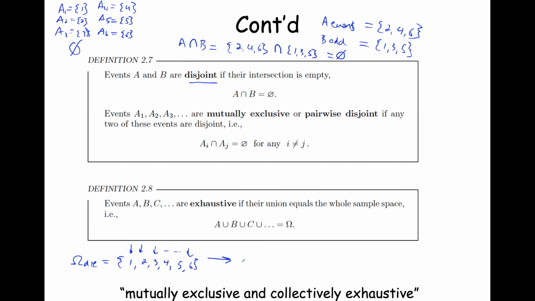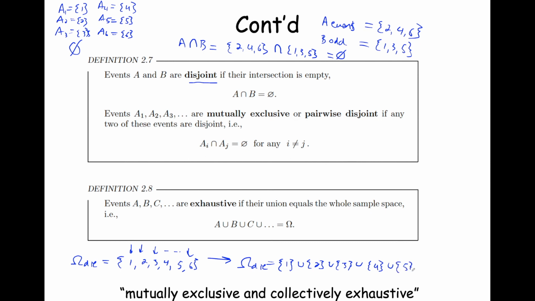So therefore, omega die is the set representing all possible outcomes if we take the union of the 1 outcome with the 2 outcome, with the 3 outcome, with the 4 outcome, with the 5 outcome, and